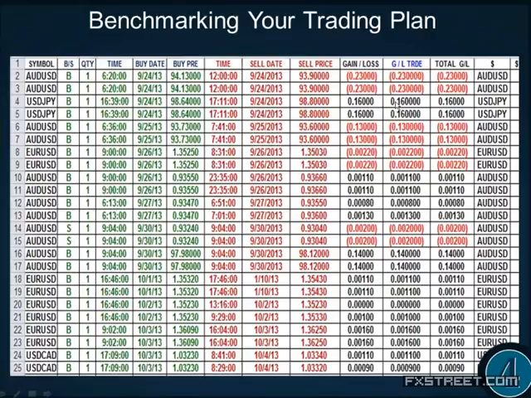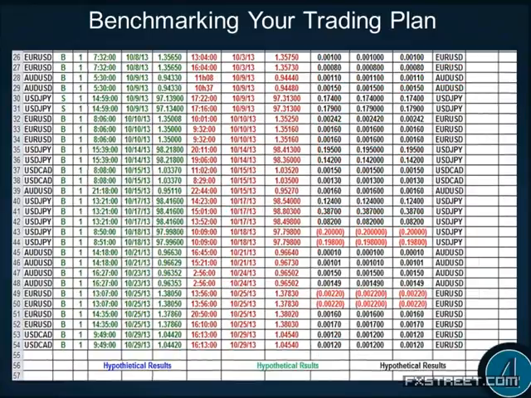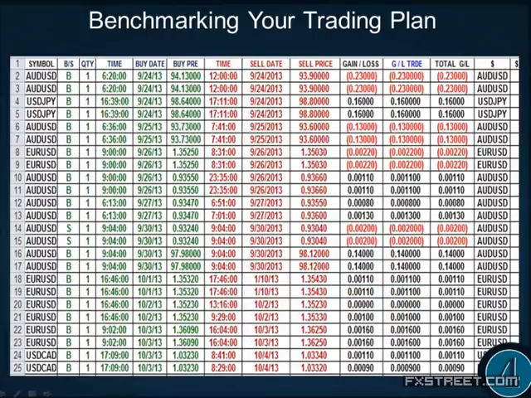He sent in his benchmark. Here's Laurent's benchmark spreadsheet going back to September and October. Look at his results. Started out slow. His first 4 trades, 3 of them were losers. But look at over time, he really started to hammer down and really started to put up good numbers. So this is our student Laurent's benchmark spreadsheet that he sent me.